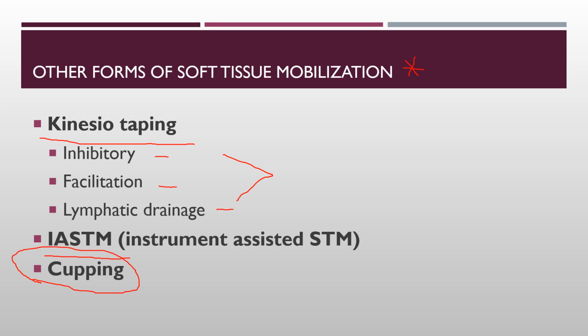So for a patient with total knee arthroplasty, they have this really long incision down the center of their knee. Let's just say this is their knee. And I would place a cup right over this area once it's healed, fully healed, of course, and I'd apply some lotion. And then I would move this cup up and down as kind of a dynamic cupping to help lift the skin and break any of those adhesion formations that might be happening just superficial,